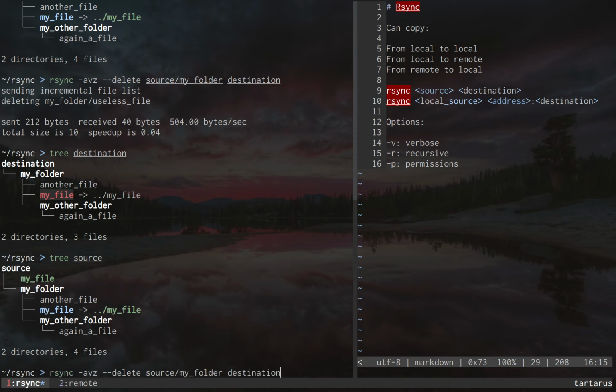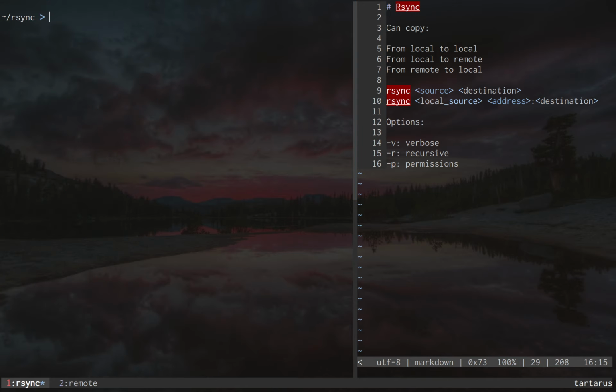If you begin to use --delete, I encourage you to use another option, which is --dry-run. What --dry-run does, as you might have guessed already, is it will just simulate the copy and everything rsync is doing. So for example, if I do rsync -avz source everything to destination with --delete, why not, and --dry-run,